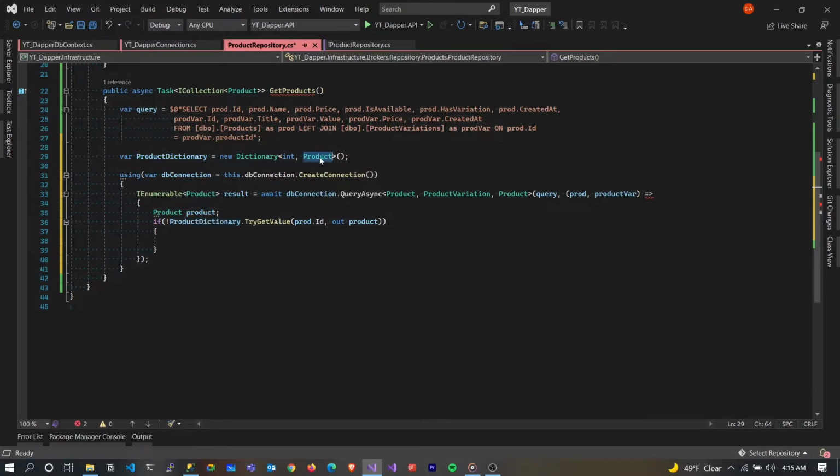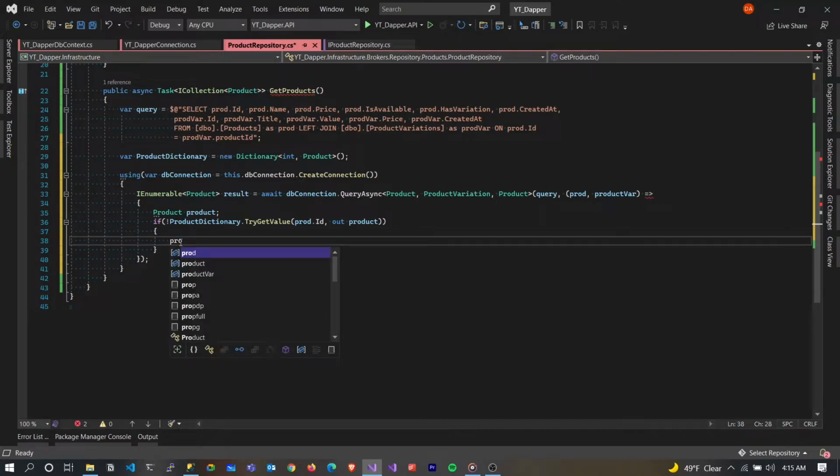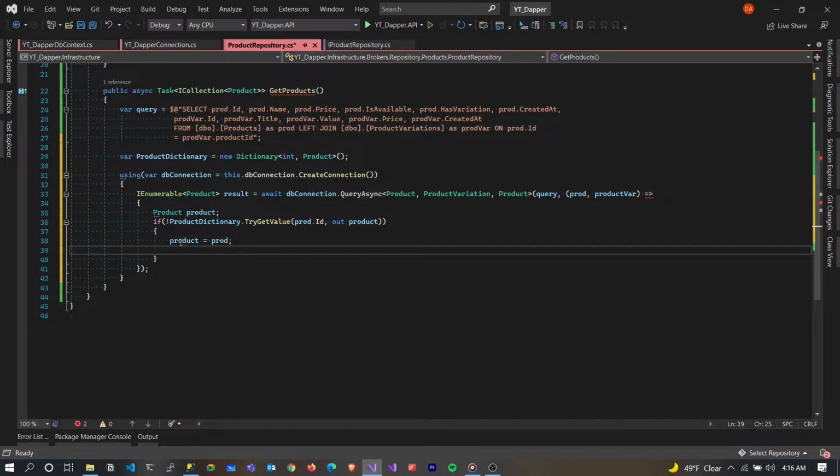If that is the case, it is going to send out the value, and of course you've seen from here that the value is actually the product itself. It's going to send out the value to this particular guy over here, hence the reason for this out keyword. Okay, but if that is not the case, which is the reason for this not, the first thing we are going to do is we are going to say our product will be equals to our prod, which is obviously the first iteration,